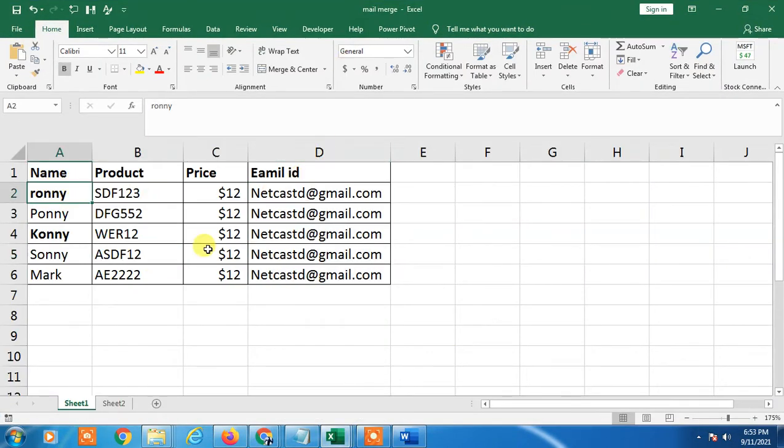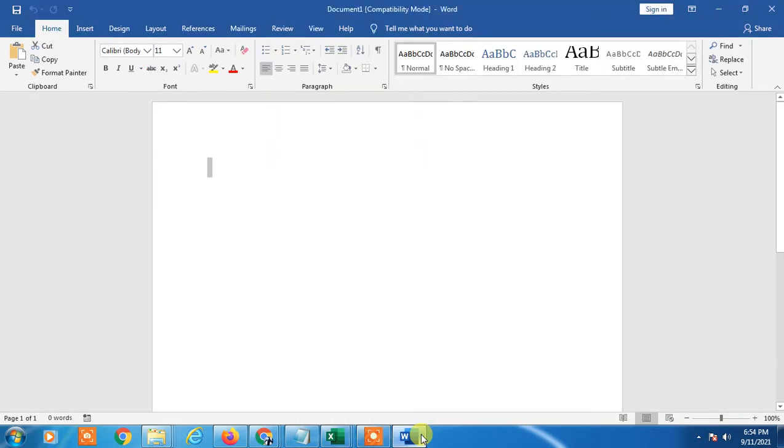I have an Excel file with name, product name, price and email ID. I want to send this particular email to this email ID with mail merge data. I will merge the name, product and price, and it will send the mail automatically to the email ID. So I will show you how it works.